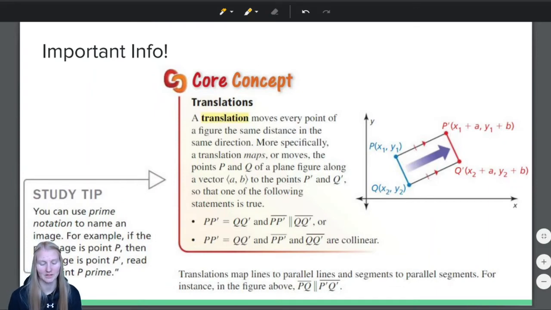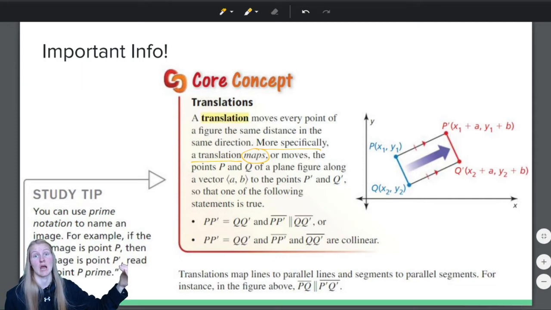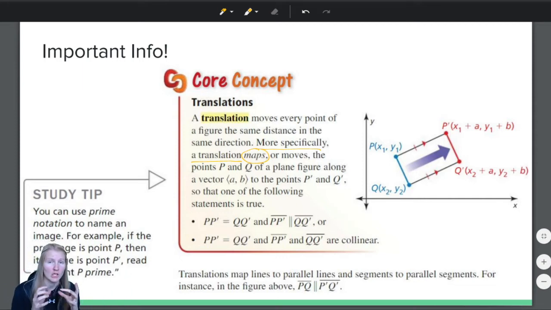A translation moves every point of a figure the same distance in the same direction. We just talked about that. More specifically, a translation maps. Now, maps, that seems a little bit weird, but I want to show you this language because it continues in math. You're going to hear it in geometry, you're going to hear about it in advanced algebra, you'll hear about